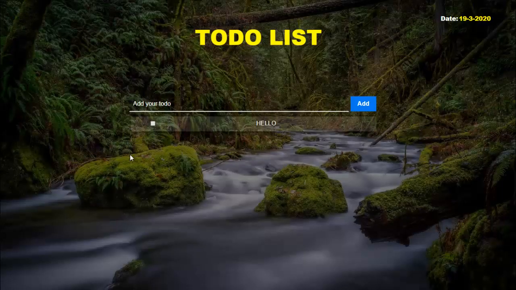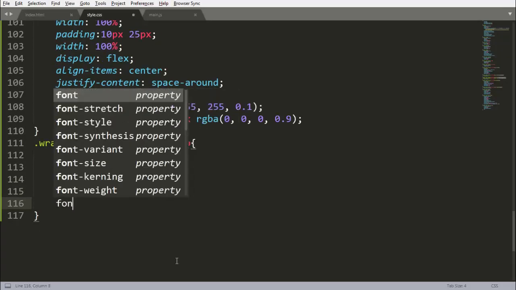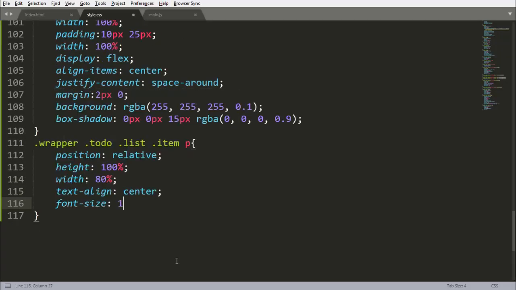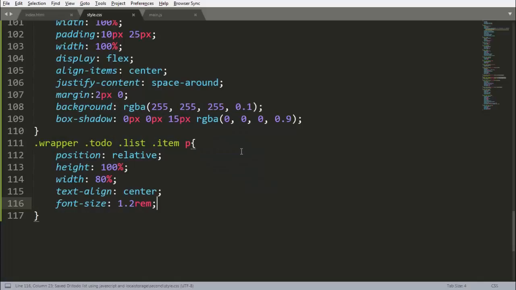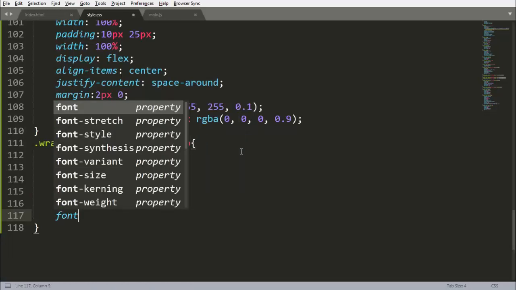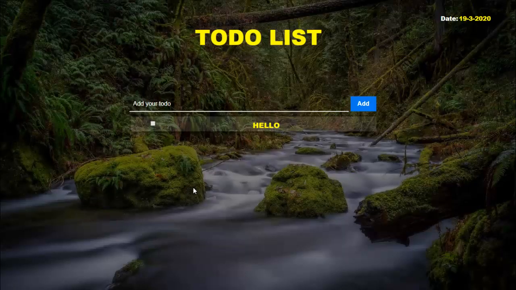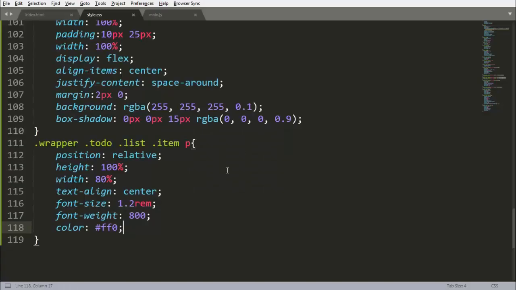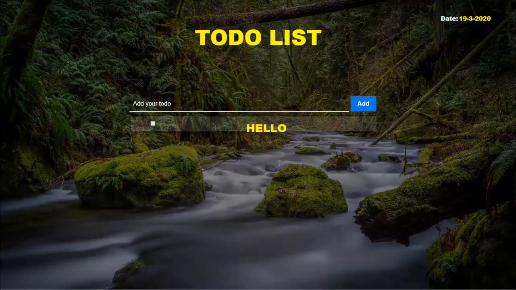Reload it. See that we are getting it like that. So font size to be 1.2 rem. Reload it. Now this is our font size, and font weight to be 800, and color to be yellow. Reloaded, see that now we are getting it like that. So font size 1.8 rem. Reloaded, see that we are getting it like that.